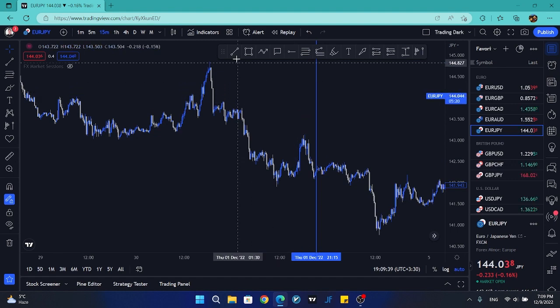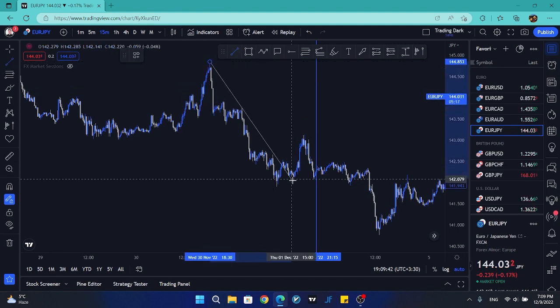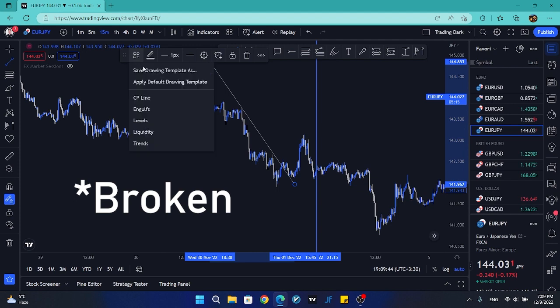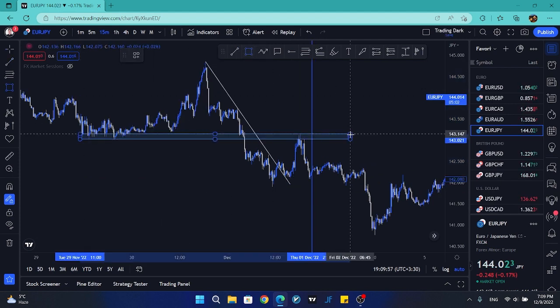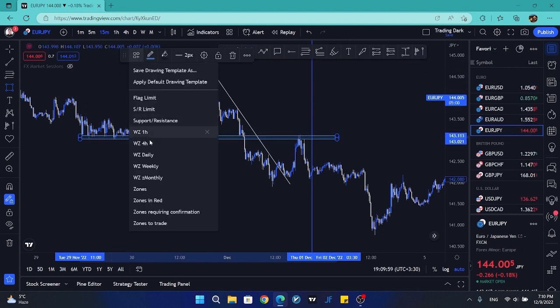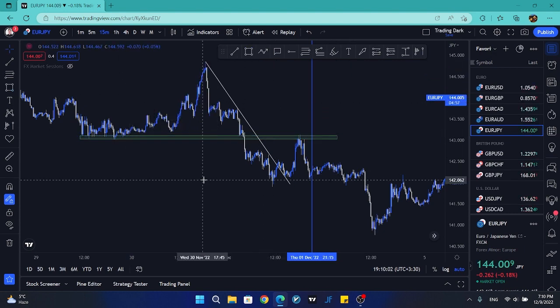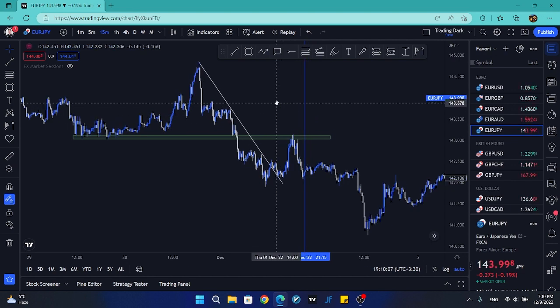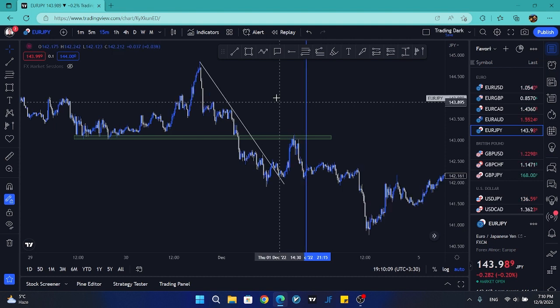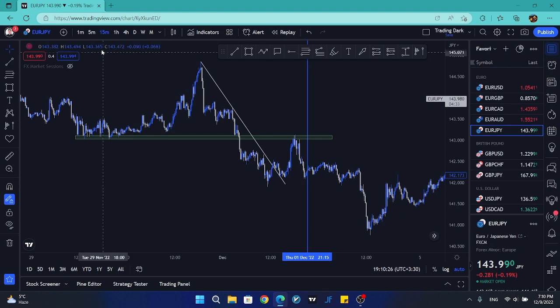First of all, I notice we've got a broken trend line here, where we have one of these support and resistances. Here we go. So at first I thought, okay, I'm going to go for a buy or a long, but then when I looked at the 5-minute time frame and drew my supply and demand zones, it changed. So let's take a look at the 5-minute time frame.